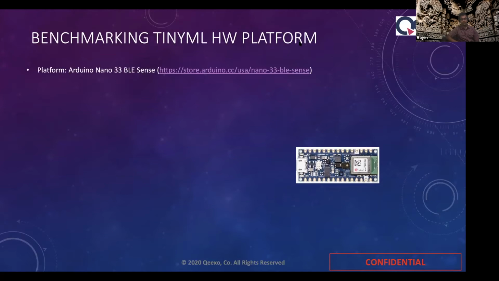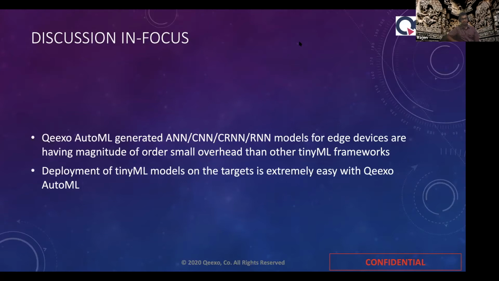The second aspect is that it is extremely easy to use. The framework abstracts all the complexities related to model conversion and deployment from end users, making it extremely easy to use with absolutely no coding required at the user's end.